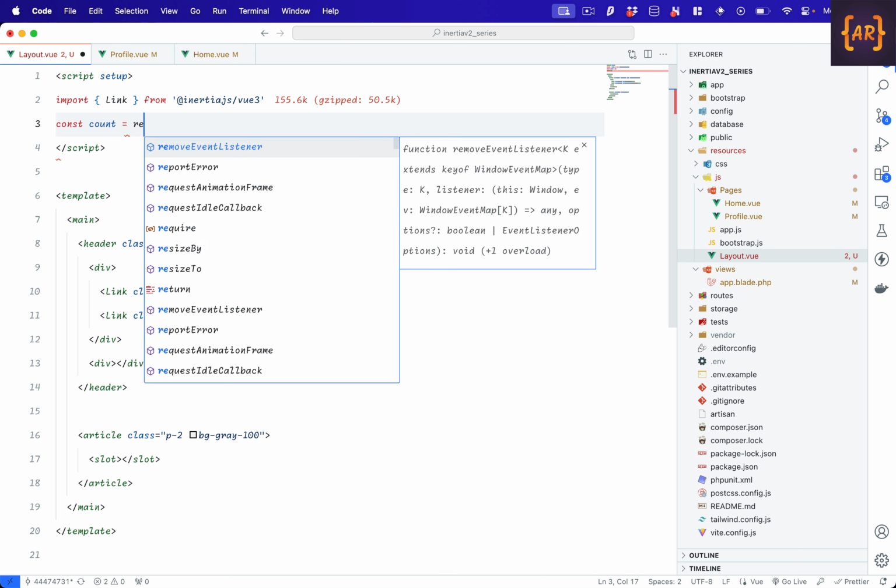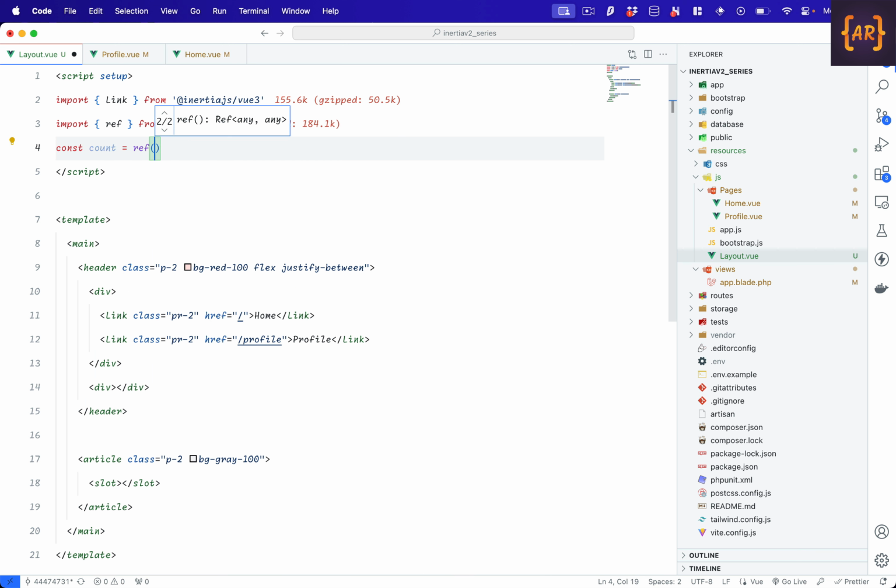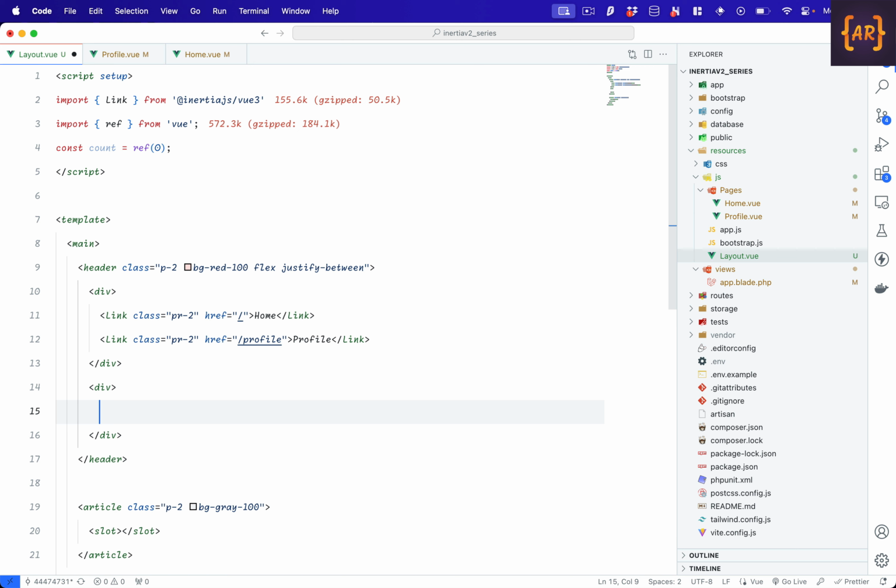Constant count equals ref 0. Okay, I'm defining a variable. This is a reactive variable which I can put in here. Span count